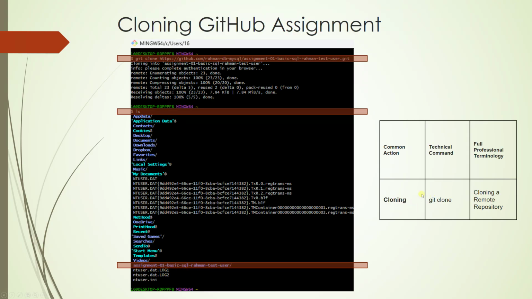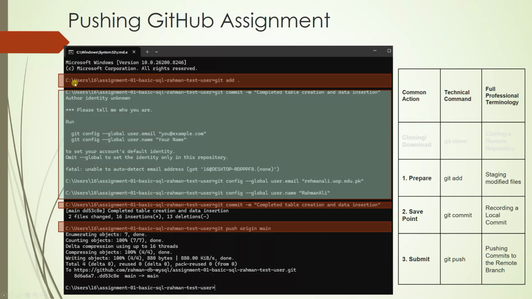So for cloning we use the git clone command, and once you clone it, you have to go to the folder where it is downloaded. You have to complete it, and then you have to upload it. Uploading, which is pushing, is actually a three-step process. Prepare using the git add command. You can see here that you should be in the same folder where you have cloned it. You will use the git add command. This will prepare